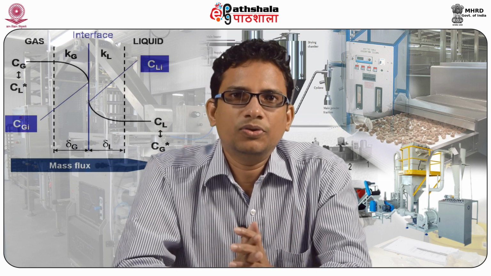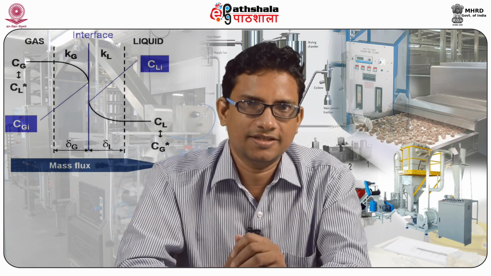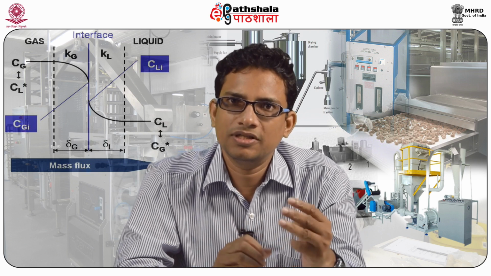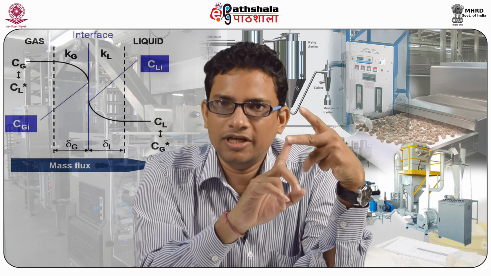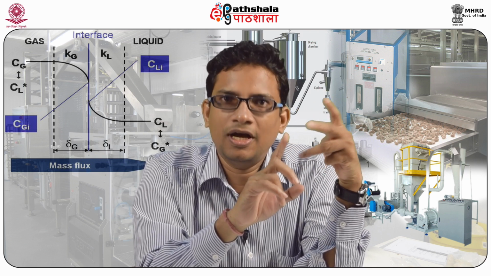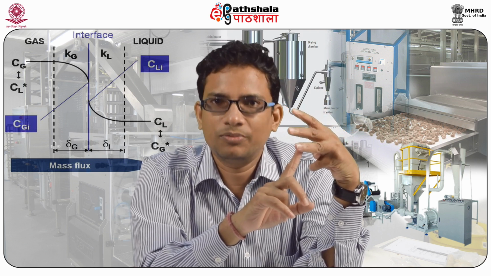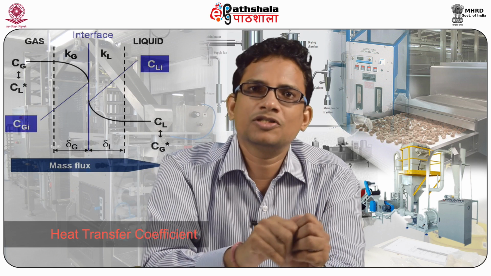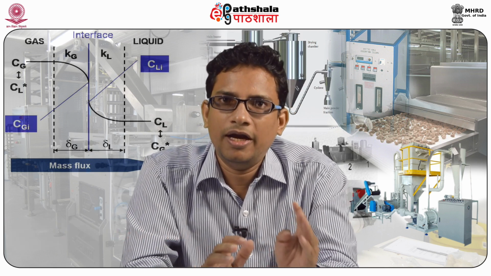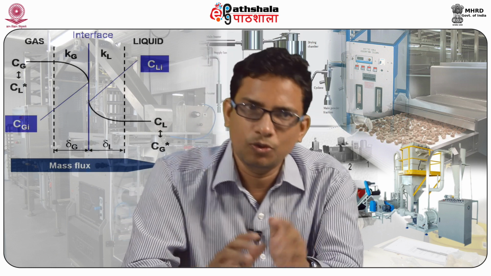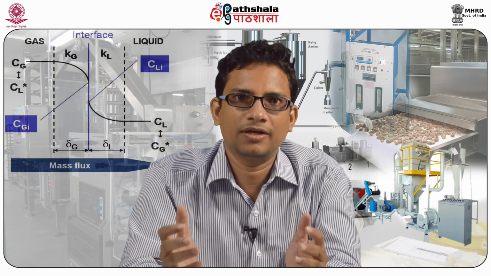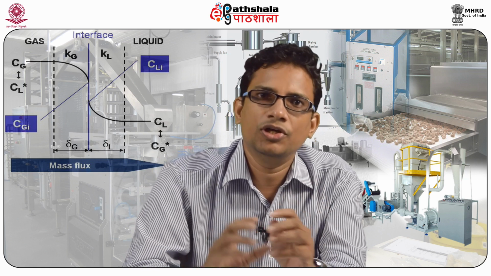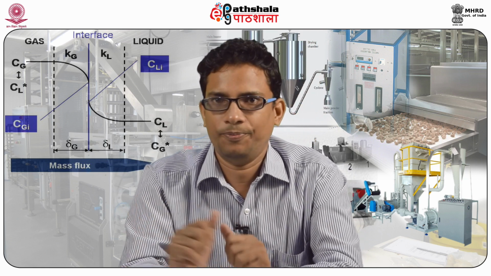In this section, we will discuss the heat exchanger analysis. In heat exchanger analysis, we will discuss three things. One is the overall heat transfer coefficient, the second one is LMTD, that is log mean temperature difference, and the third one is the effectiveness of the heat exchanger. The overall heat transfer coefficient, that is U, and LMTD, the log mean temperature difference, multiplied with the area gives the total heat transfer rate, that is Q equal to U into A into del T LM.